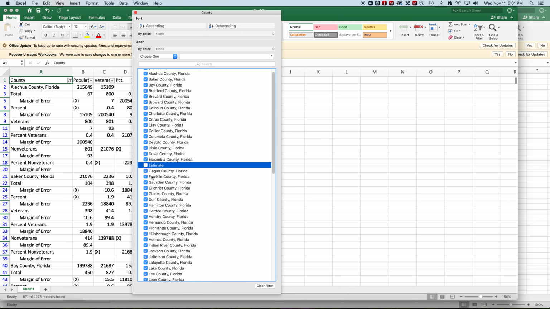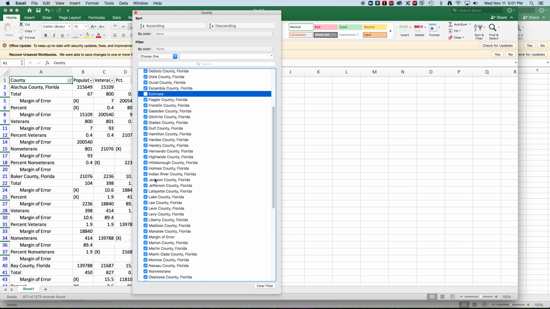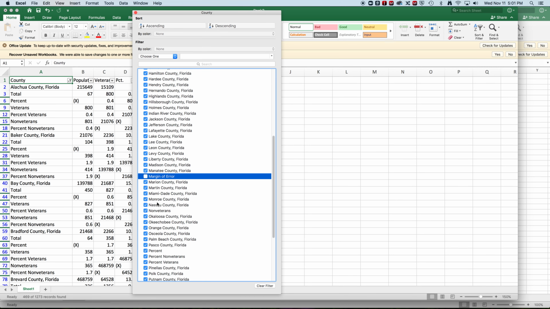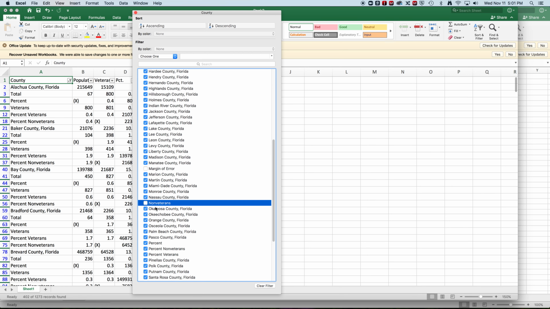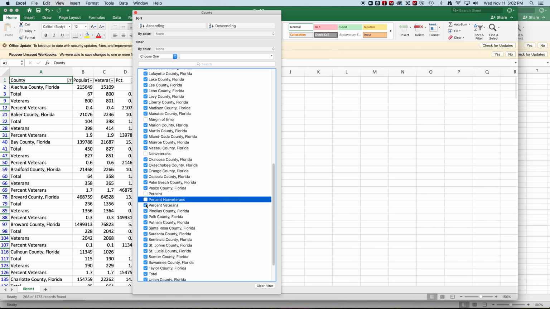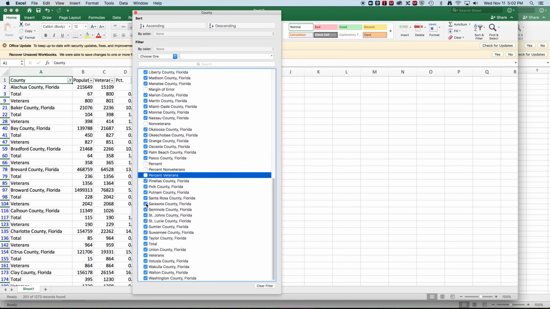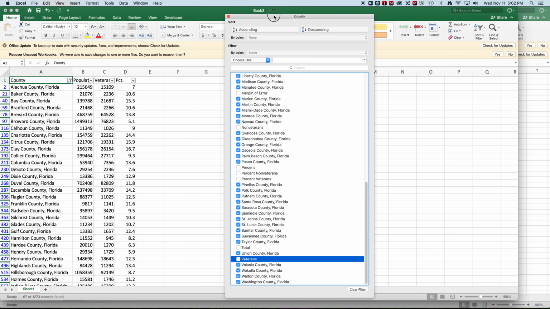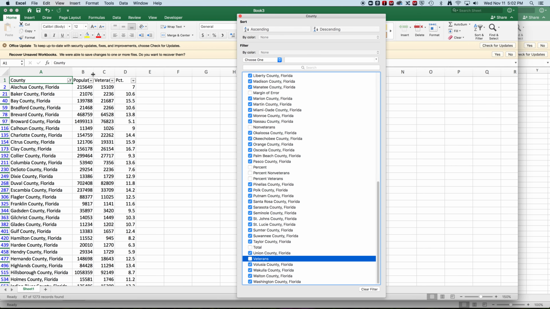So there's estimate, we'll get rid of that. And margin of error, we'll get rid of that. Non-veterans, we can get rid of that. Percent non-veterans, percent veterans, total, and veterans. All right, so now by getting rid of all of that stuff, we're left with just 4 columns of data. And so that looks pretty good,